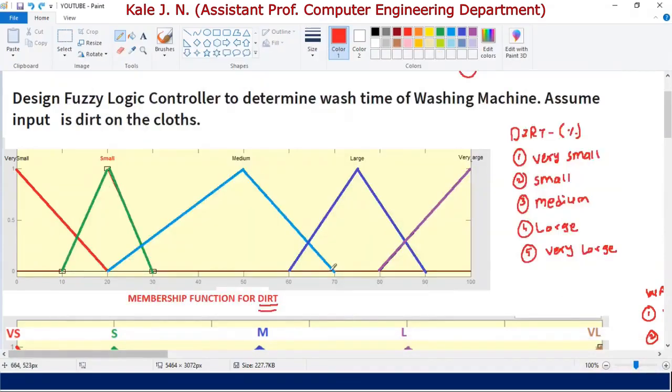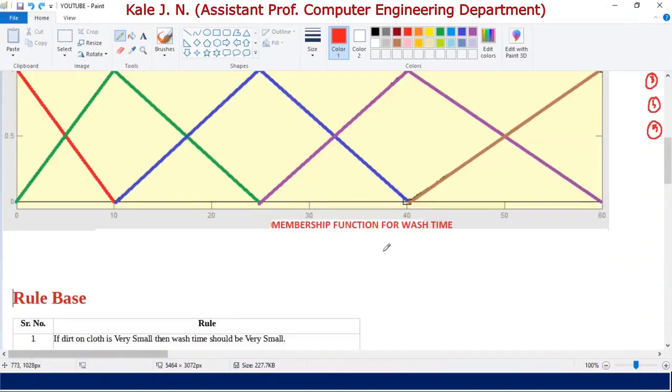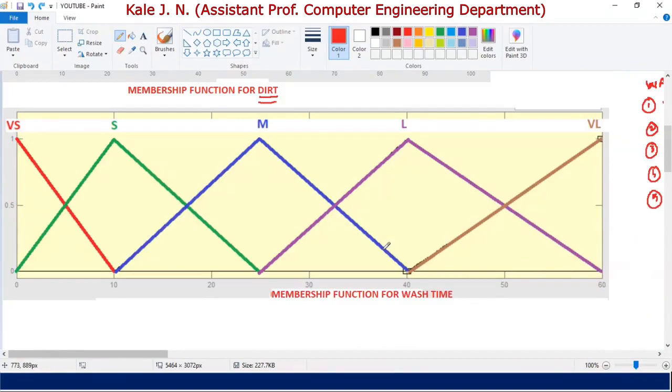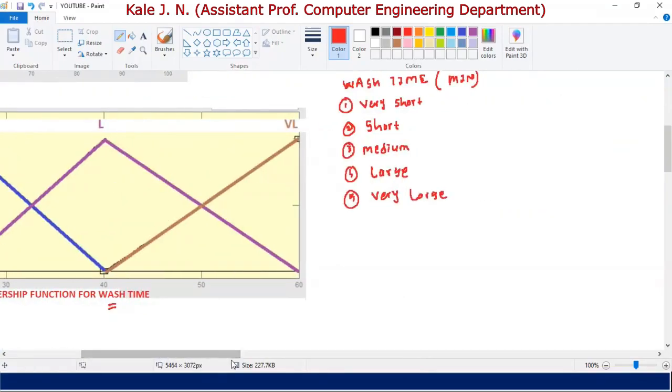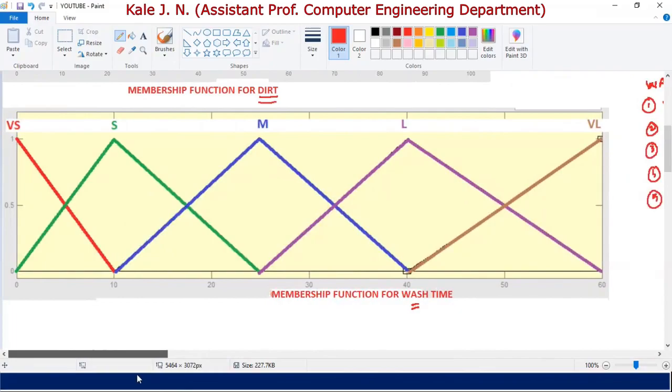Now let's see the membership functions for the output, that is wash time. We already described wash time by using 5 descriptors. Which are those 5 descriptors? Wash time will be very short, then short, medium, large, very large. That's why in this figure again you can see 5 membership functions, each corresponding to one descriptor.